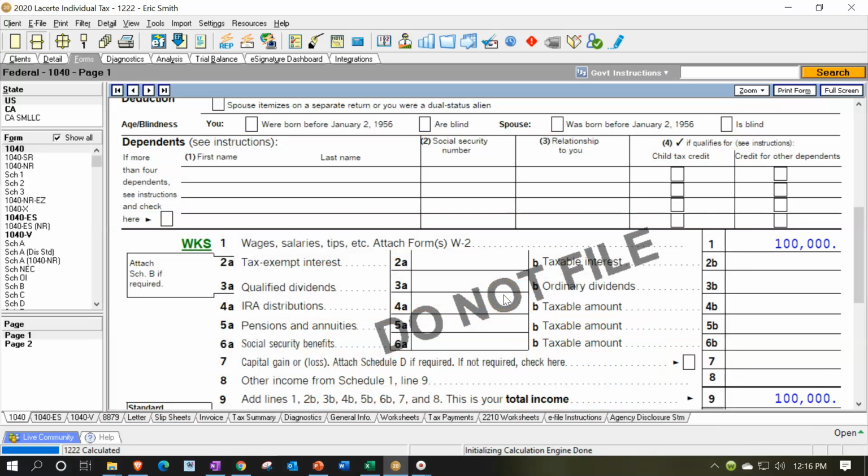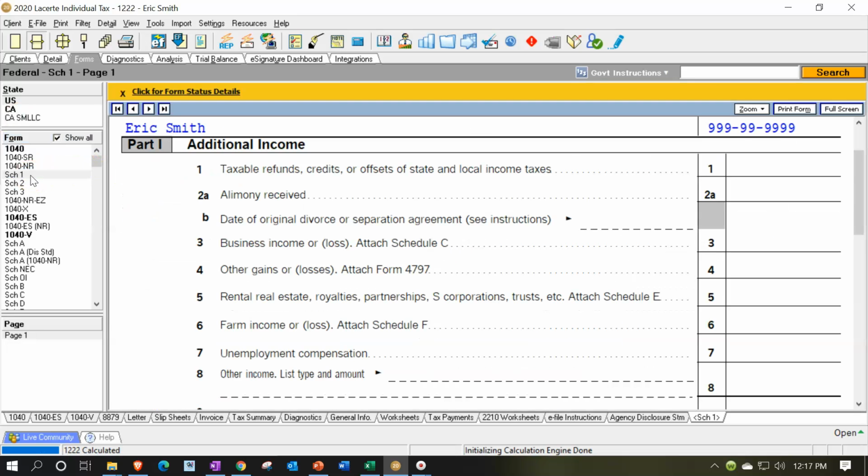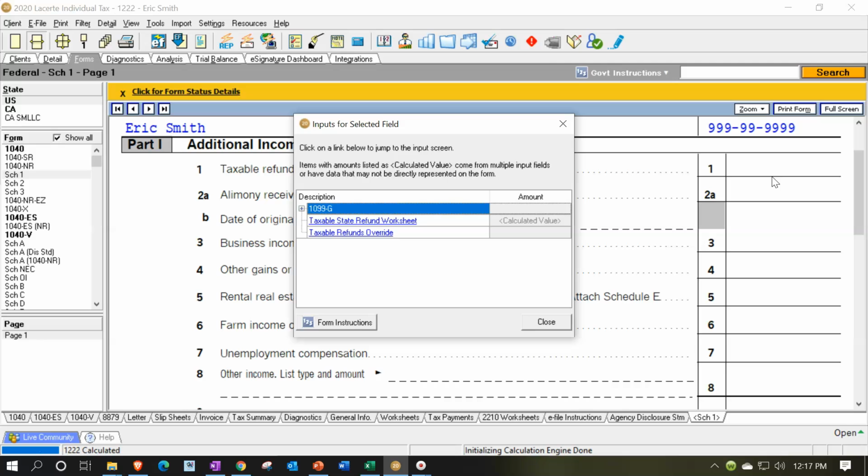Now, if you have a continuing client, again, the software will help you. But whether you have a continuing client or not, let's just assume that we're going to take that data input and put it into the system. So if I was to do that, I would say, okay, that's going to be on Schedule 1, often a schedule that will support the income line item. We have the additional income. We see tax refunds, credits, and whatnot. I would then jump to that screen using the software. I'm going to say, let's jump over there, and I'll just do the data input right there.